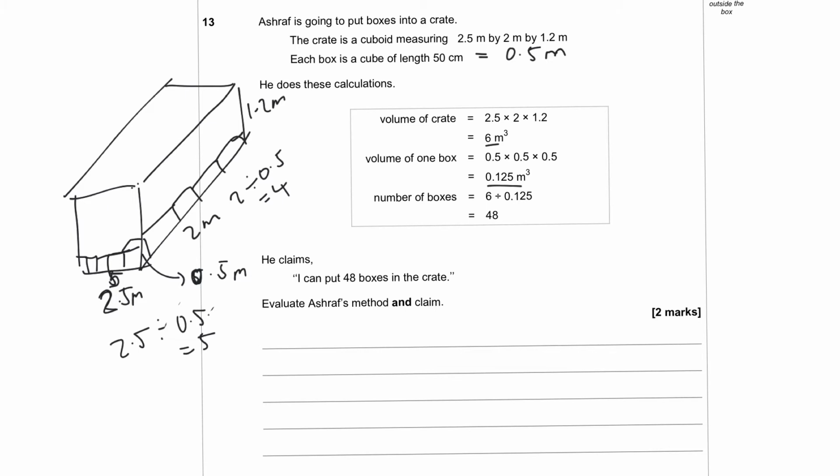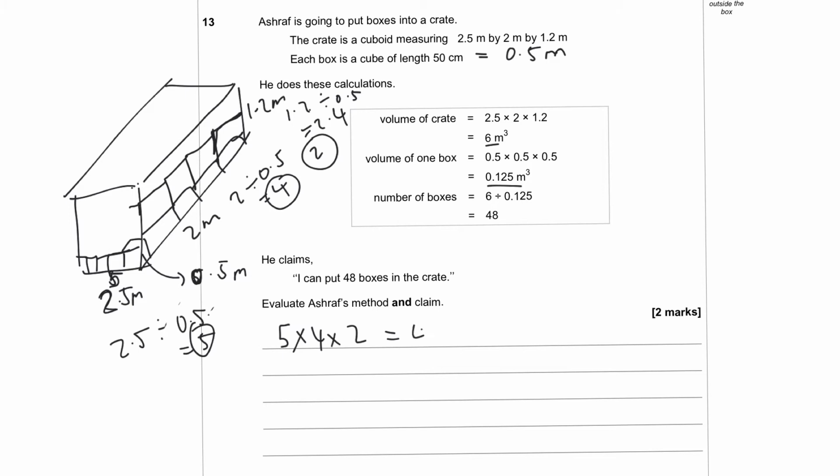Now the 1.2, if you did 1.2 divided by 0.5, you get an answer of 2.4. And so you can't fit 0.4 of a box. So really the only thing you can fit of that height is 2 rows, because that's to the nearest whole number. So if you did 5 times 4 times 2, since you can only fit the 2, into your calculator, that means that Ashraf can only fit 40 boxes in the crate,